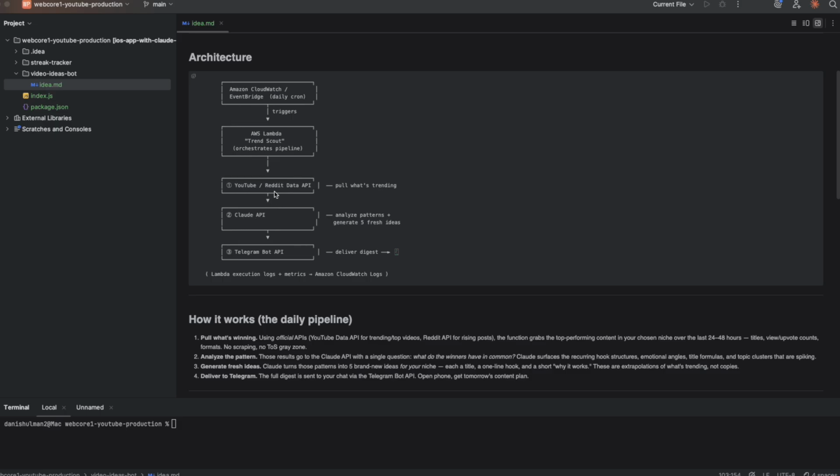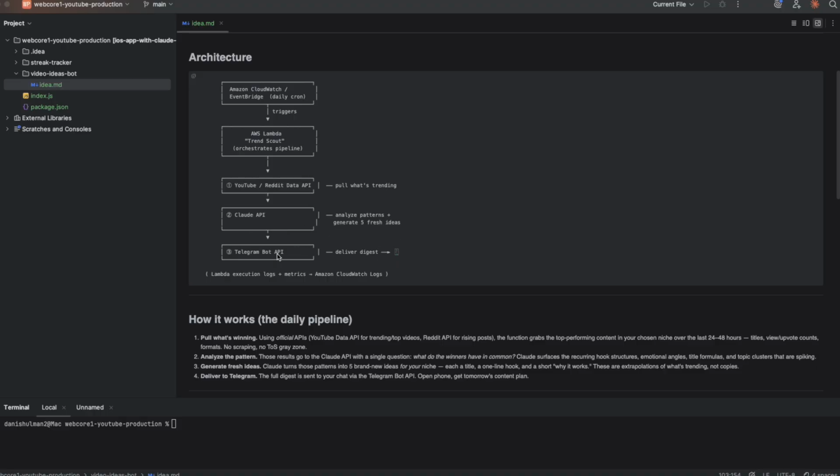And then it will send all that information to Claude API. Claude API will use that as context and come up with some fresh ideas for us for videos. It will analyze what's trending right now today, come up with a recommendation of what we should work on next. So that's going to relieve the overhead of us doing the research daily and coming up with ideas. It will just suggest what it thinks is the best possible action.